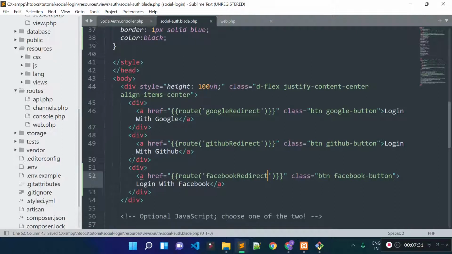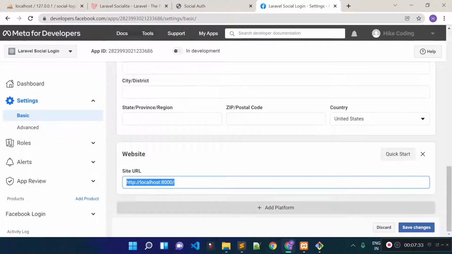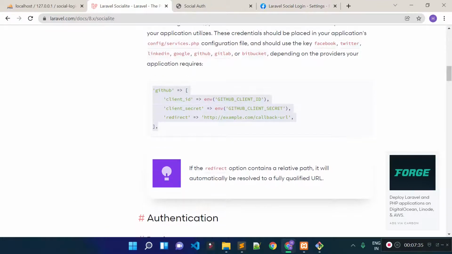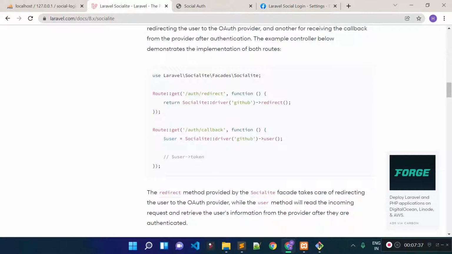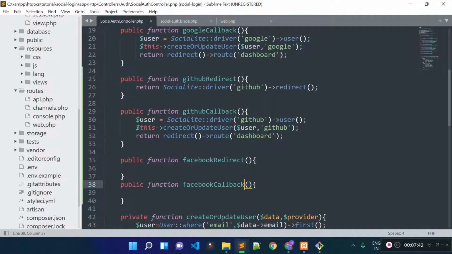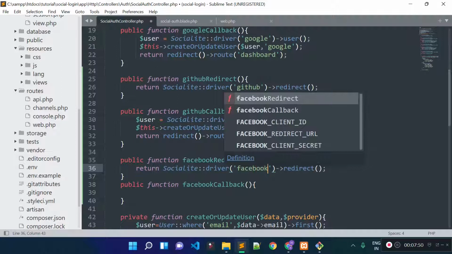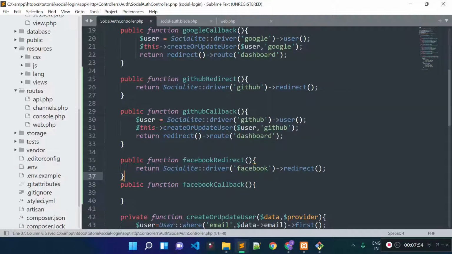Okay, and now if I check the documentation of the Laravel social auth package, you see we need to return this code from the redirect method. So let's open our social auth controller, and from this Facebook redirect method let's return this code, and we need to provide the driver name as Facebook here because we are going to implement Facebook login, and we'll get user data inside this Facebook callback method, similar to how we get it inside this GitHub callback method.